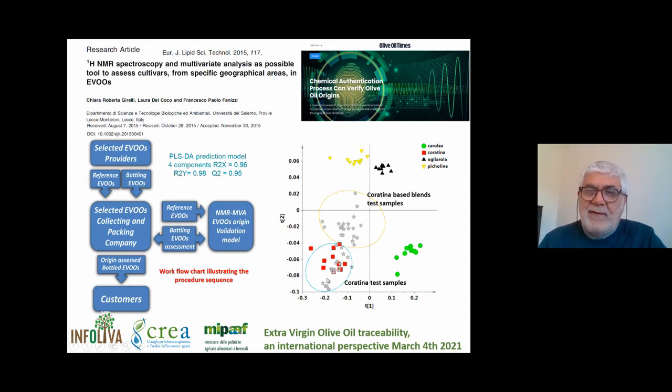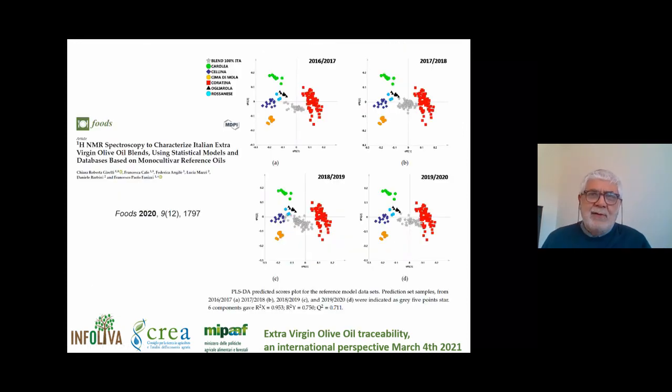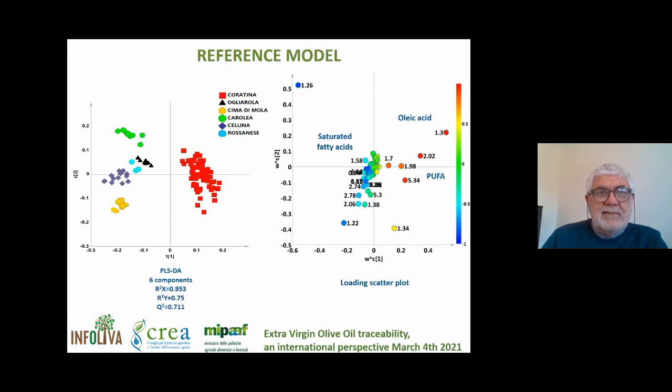You can also check for monocultivar oil belonging to the specific monocultivar you have used. And now the database has evolved. Recently we published a work with several hundred 100% Italian blends, as you will see in this slide. And then you can also look at the characteristics of the blends, or the characteristics of the monocultivar samples, looking at the